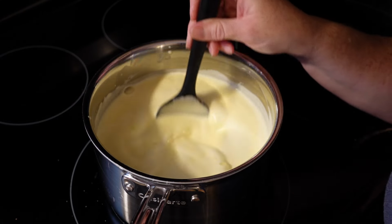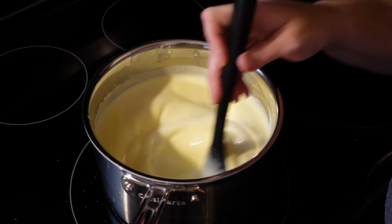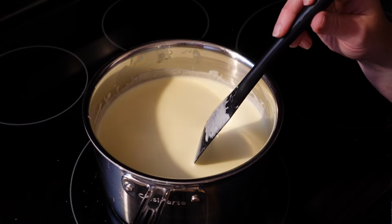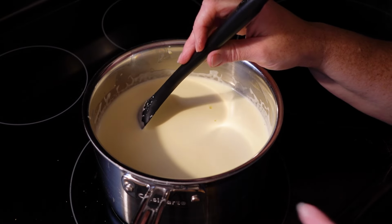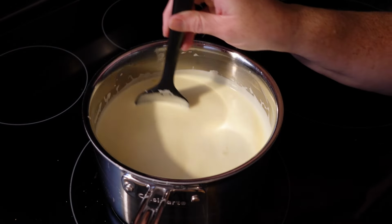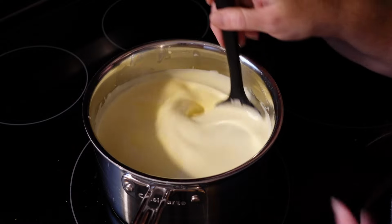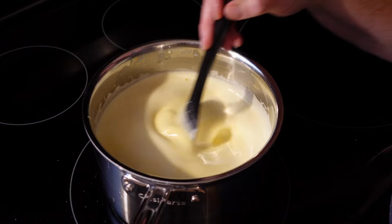That could take anywhere from 2 to 7 minutes, just to be honest. See, mine is already coating really well, so mine's not going to take that long. It all depends on how thick you whip your egg yolks and sugar mixture. If you whip it kind of thick like mine was, then it's going to take a lot less time to get it nice and thick. And also it depends on how hot you heat your milk and cream too. And as you can see, it's already getting nice and thick